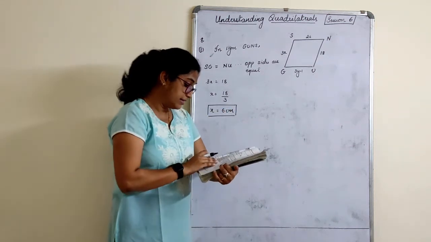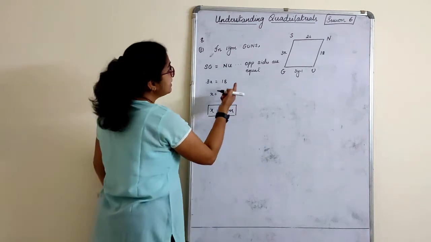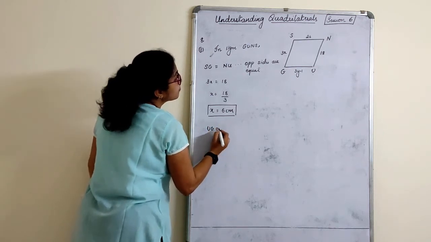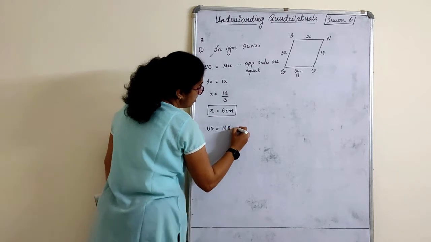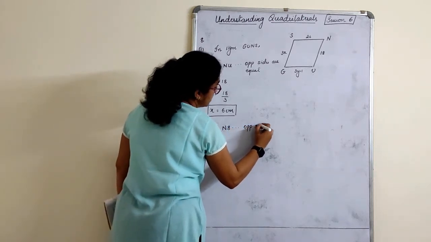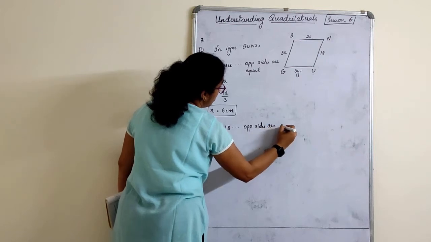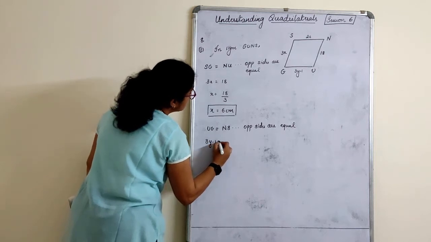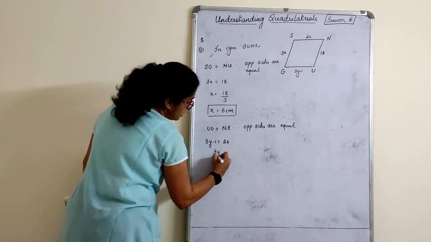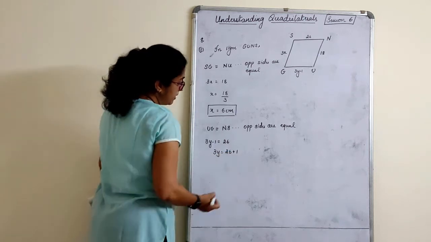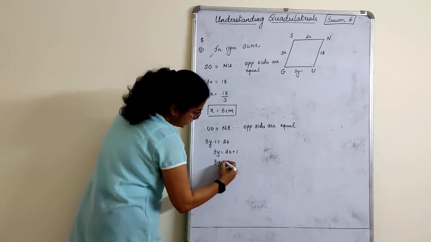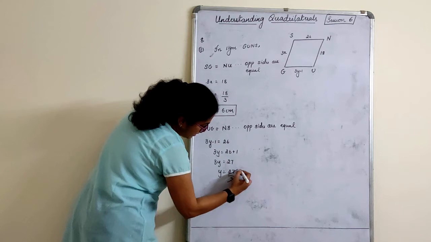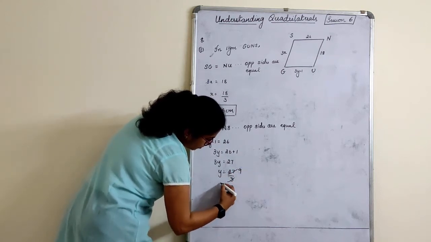Have they asked us to find the sides? Find x and y. That's all. Next part. GU or UG is equal to NS. Again, opposite sides are equal. So UG is equal to 3y minus 1 is equal to 26. 3y is equal to 26 plus 1. Transpose this here. 3y is equal to 27. y is equal to 27 by 3. 3 nines are 27. y is equal to 9